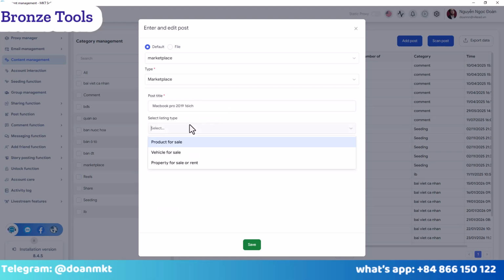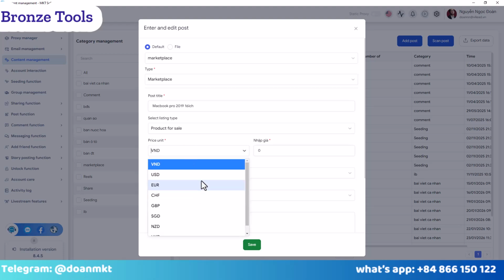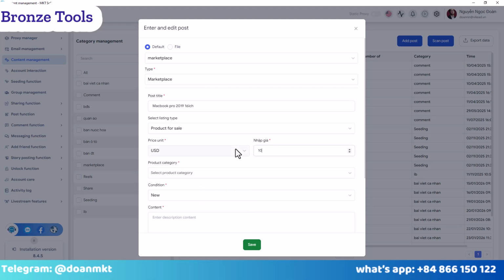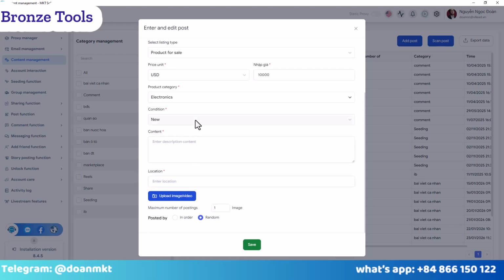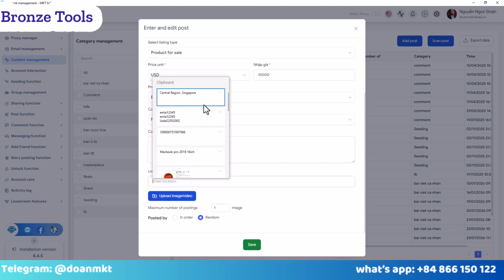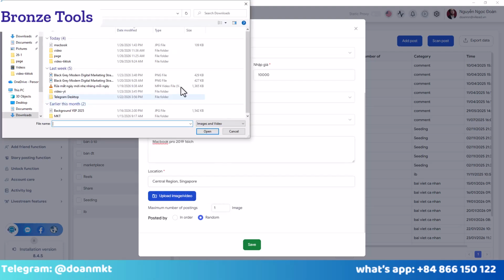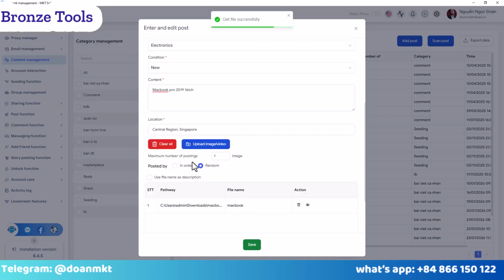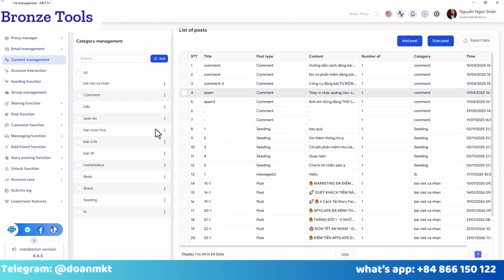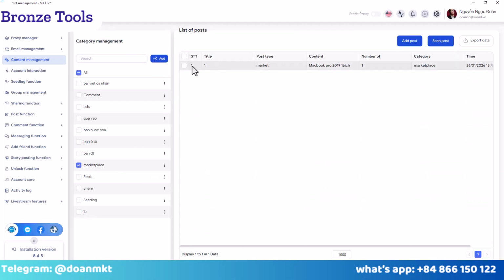Then select the listing type. I will enter the price you need, select the product category, choose the condition, and we will enter the content. And lastly I will enter the location and upload the new image. Okay, last I will press save to save my content. Okay, so after having a content like this,